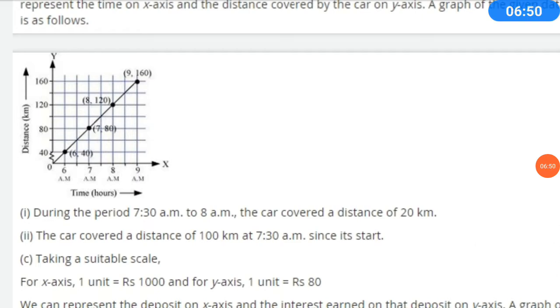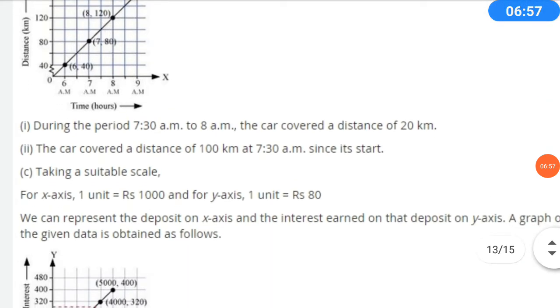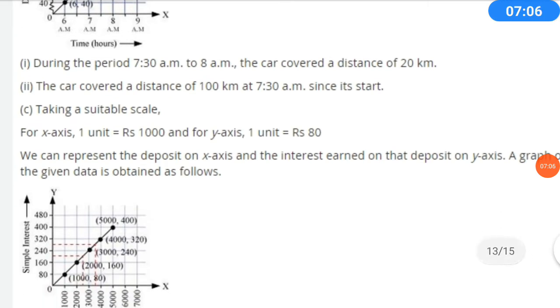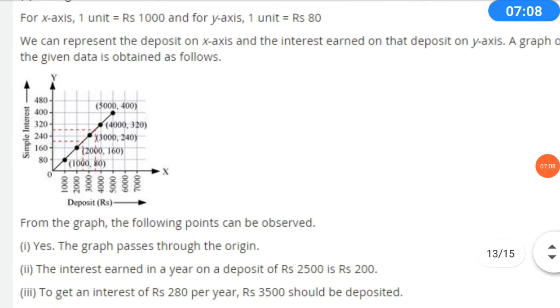Now we have to answer some questions given over there. During the period 7:30 a.m. to 8 a.m. the car covered a distance of 20 kilometers. Second, the car covered the distance of 100 kilometers at 7:30 a.m. since it starts. Taking a suitable scale, we are having the graph. Okay. Now moving toward the next,